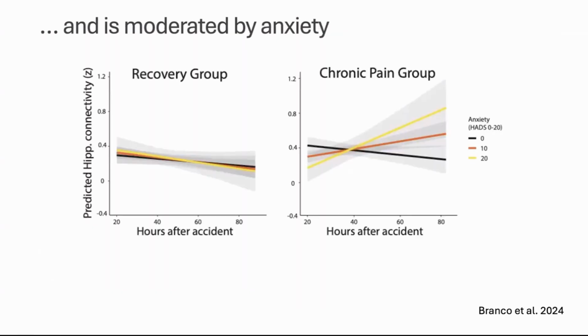Now, we also found in this group that this connectivity seems to be modulated by anxiety. So basically, this increased connectivity that is imparting risk for chronic pain seems to be highest in the patients that also report high anxiety levels after their car crash. So in other words, what we now think is that there's usually a stressor. It creates these largely affective and emotional states in the brains of patients, which then allows the patient to form new maladaptive memories, which then impart risk for the development of chronic pain later on.